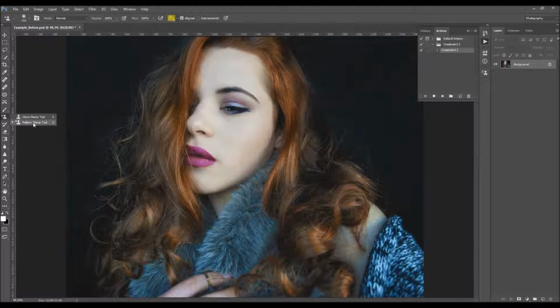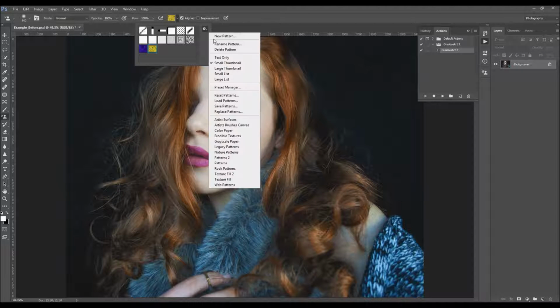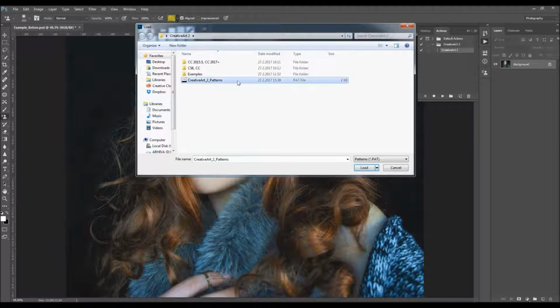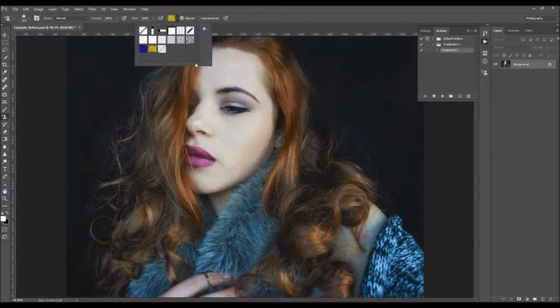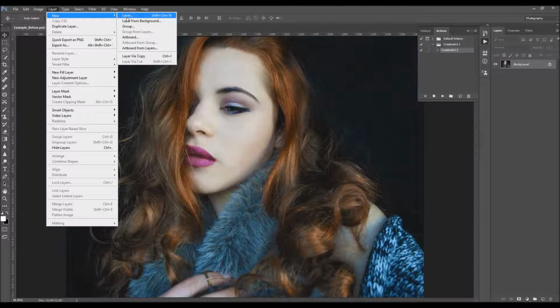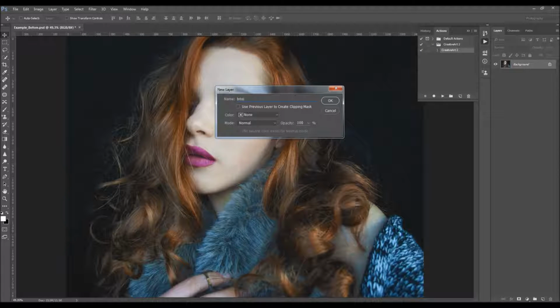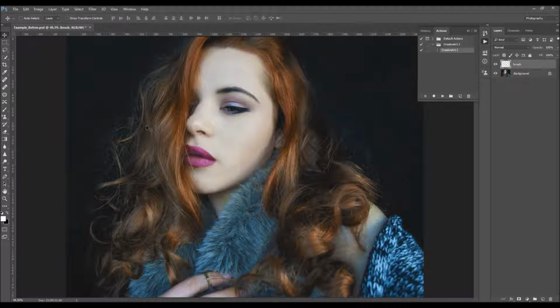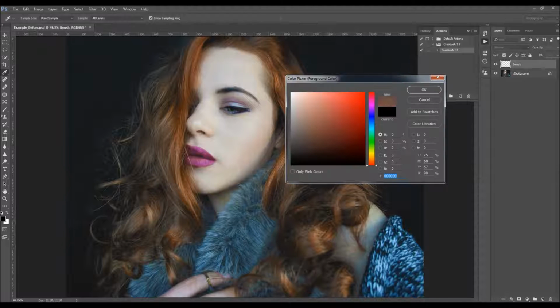So you can choose the pattern stamp tool from here. You can then just click on this little arrow here on the gear icon, load patterns, and just choose the patterns file that can be downloaded, click load, and there is one pattern and it will be added in here in your patterns panel. Okay, so now what you have to do is to just go to layer, new layer, to create a new layer, and just name it brush. This is a very important step, so you must write brush exactly like this, all letters lowercase, because otherwise the action won't work. Just choose OK,